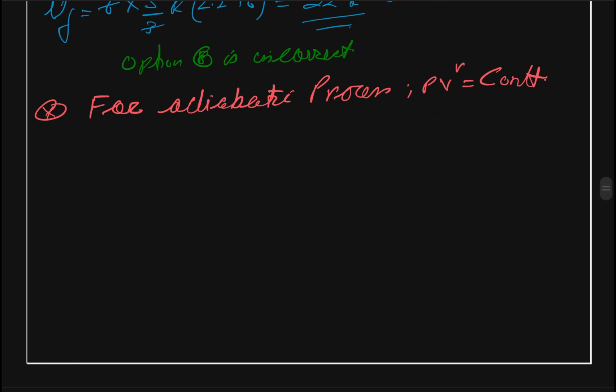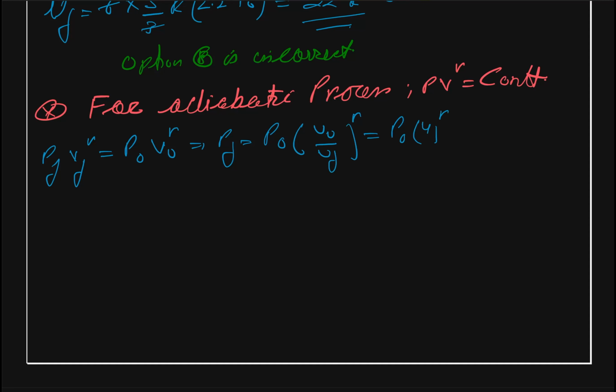Therefore, we can write P_F V_F gamma is equal to P naught V naught gamma, giving us the final pressure equal to P naught times V naught over V_F raised to power gamma. So we get P naught 4 raised to power gamma, and this comes as P naught 4 raised to power 1.6,